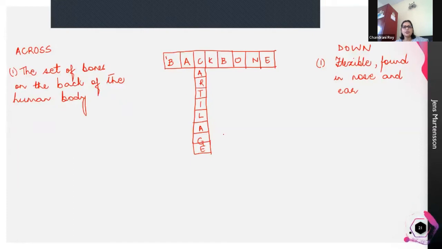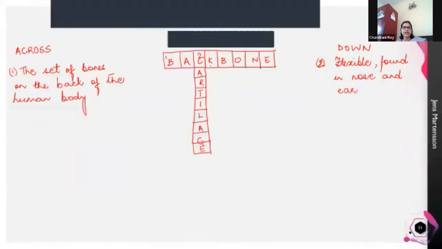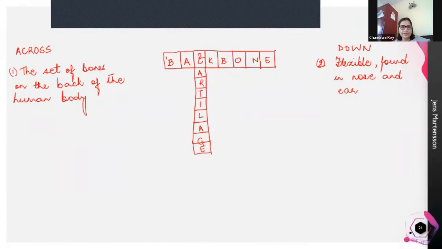So likewise, they will create a crossword puzzle. So this could be number 2, sorry. Okay, number 2 here. And we can just leave them with one word and ask them to go through the whole text and construct a crossword puzzle, which will have all the terms that are there in a particular chapter. So this is one activity which children will find it very